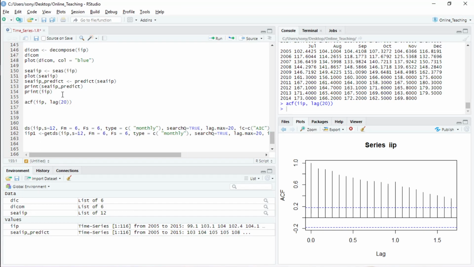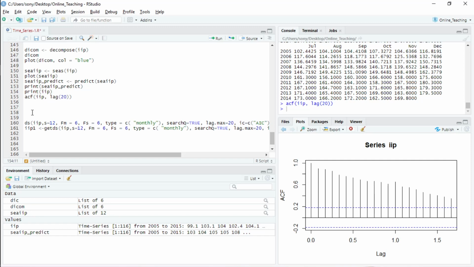There are many other functions within this package, seasonal. Since in this video I am interested only in deseasonalizing the data, I showed that. If in future other tests require this seasonal component, I will explore this package a bit more.